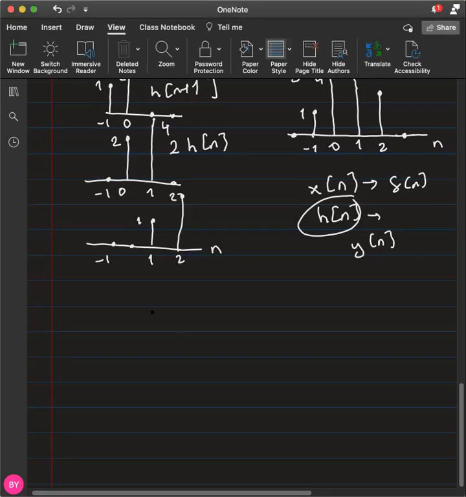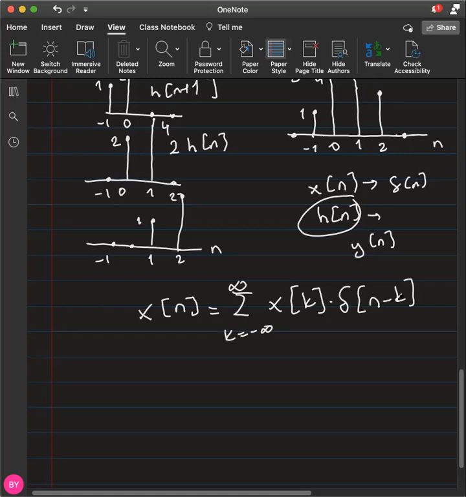One, I can write x of n as this linear combination of Dirac n's. I will first write and try to explain this to you. Okay. So what am I writing here? This is the basic understanding of convolution. And I want you to understand this basic representation so that you will understand convolution